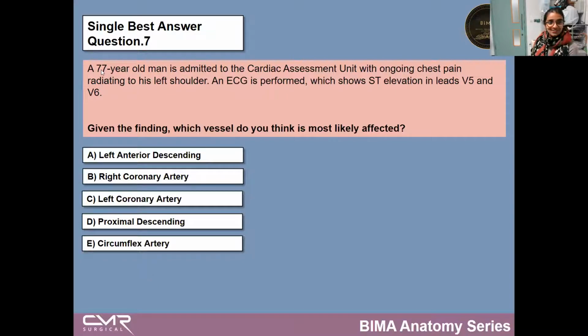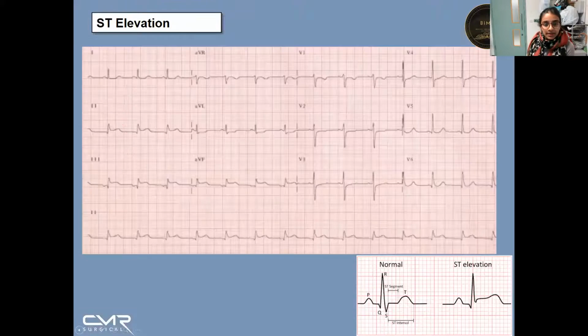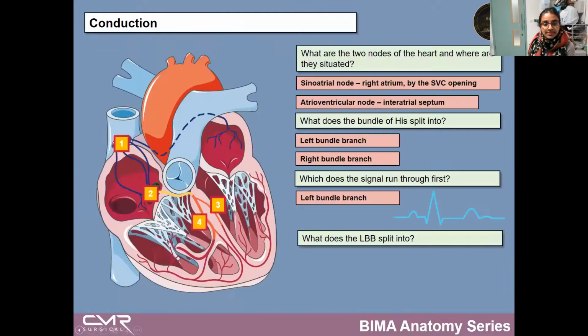Oh, we've got a bit of a conflicting audience here. So I can see why you'd say left anterior descending, Marsh, but actually it's your circumflex. Because think of, let's go back to the, oh, it's going to take me a while to go back to that, isn't it? But let's try anyways. Back to this diagram